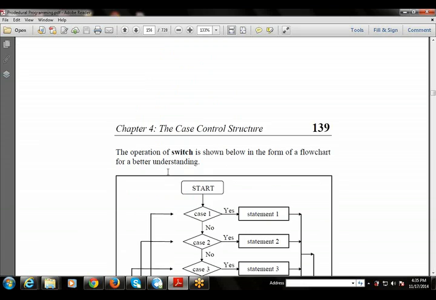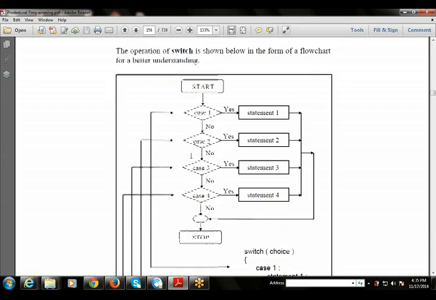Now this operation can also be shown with the help of a flowchart. This shows how this example will be represented with the help of the flowchart. This is the flowchart. First of all, there is a start, which means the starting point. Then there is case 1, statement 1; case 2, statement 2; case 3, statement 3; case 4,